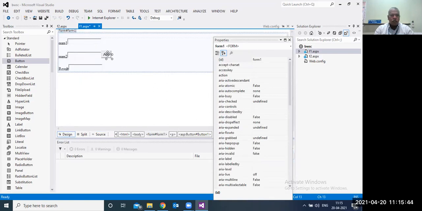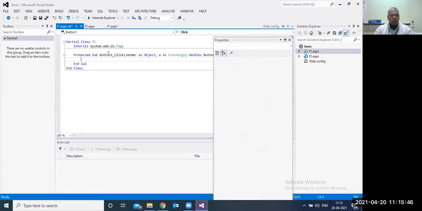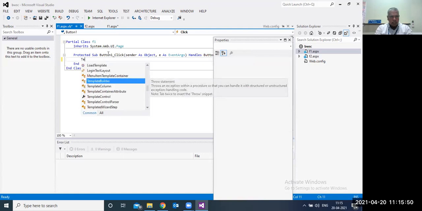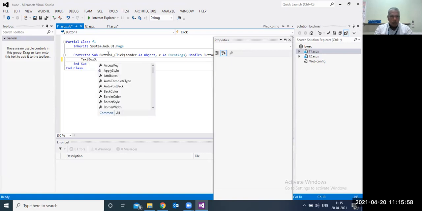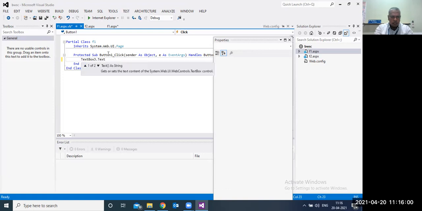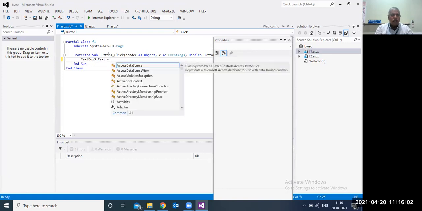In the add button, I have to write the command. What I have to write? TextBox3.Text equals, the same VB coding, because we are using the script language Visual Basic.